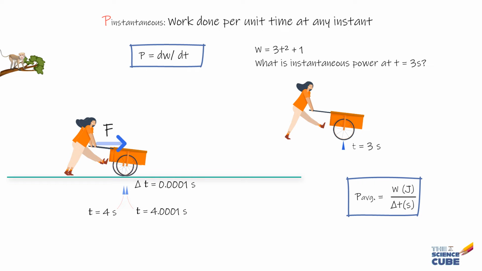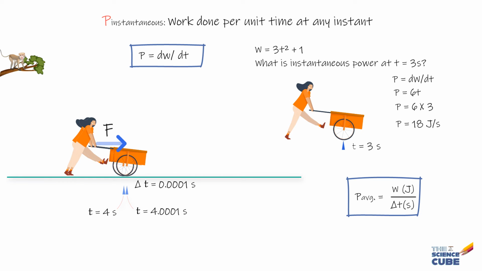So to calculate the instantaneous power P at t equal to 3 seconds, we will first find the expression for power by taking the time derivative of W with respect to time, that is P is equal to dW upon dt, that equals 6t here. Now to find power developed at t equal to 3 seconds, that we call instantaneous power at t equal to 3 seconds, we get P at 3 seconds is equal to 6 into 3 or 18 joules per second. So in that short time dt, that is approaching 0 around 3 seconds, 18 joules per second of work was